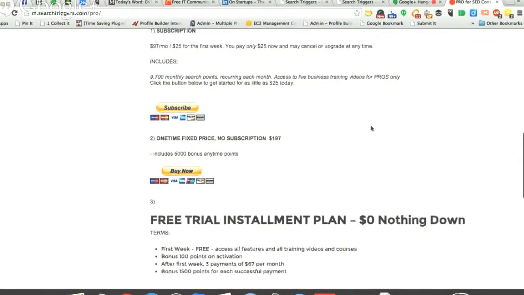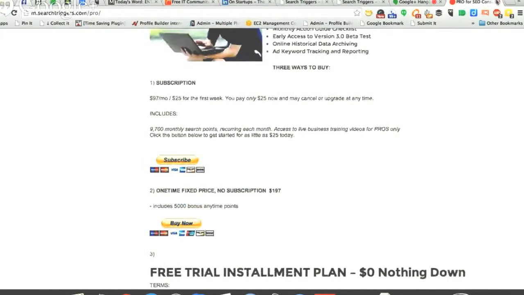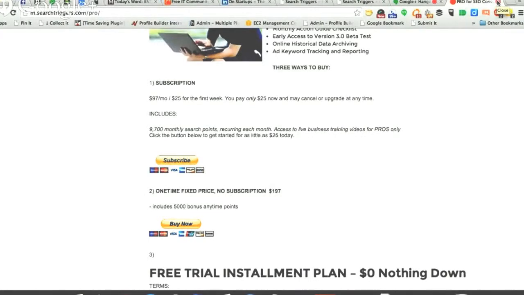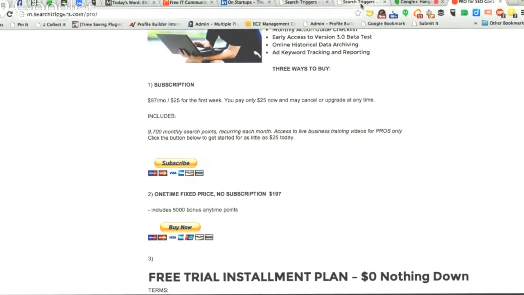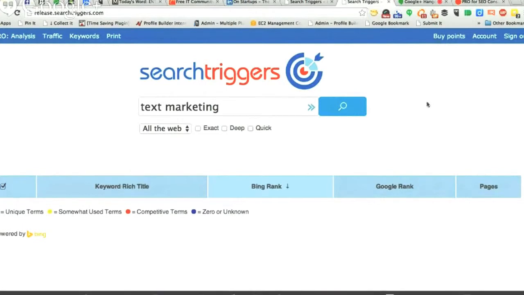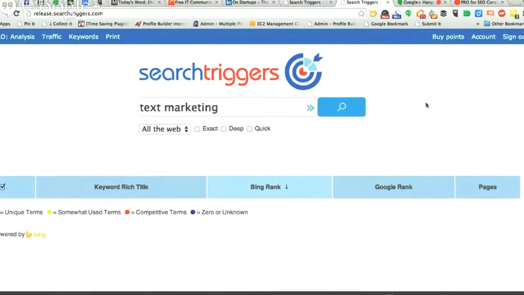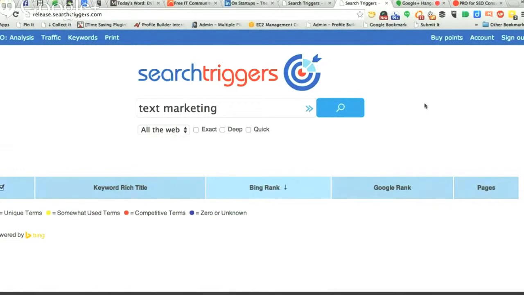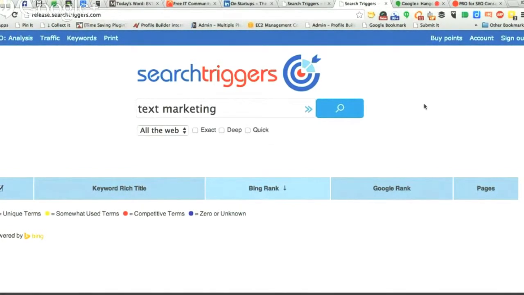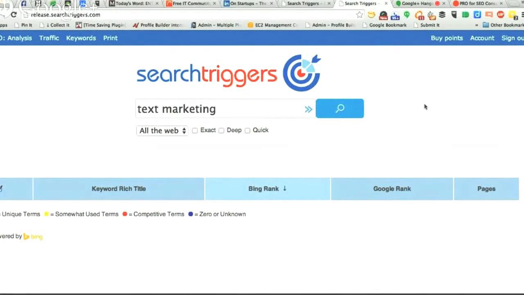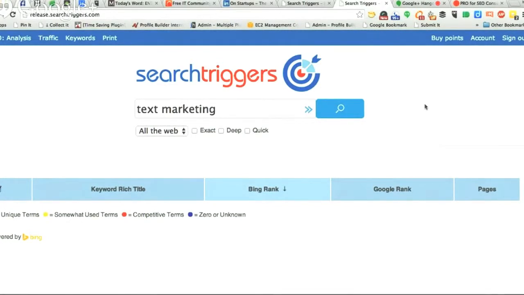But I would assume that if I tell people about Search Triggers and they share it and I put it on Facebook, do you give me points for that? Yeah, we're going to be doing a whole bunch of pre-launch activities, and so if you share posts on Twitter, you put stuff on your Facebook, we're going to be giving you bonus points. That's awesome. We're going to be doing trainings for people. When you watch the training, you'll get some points. When you add a feature, you write something about it, you'll get some points.